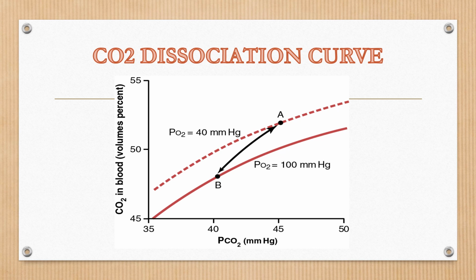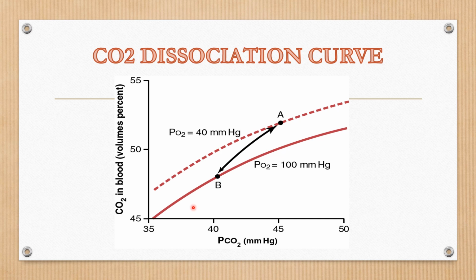So this is the CO2 dissociation curve, which is almost linear when compared to the O2 dissociation curve. It is important to note that practically in the body, the PCO2 values of arterial and venous blood vary within a narrow range. So the full range of the CO2 dissociation curve is only an experimental phenomenon and does not operate in the body practically. We'll see a few factors affecting this curve.